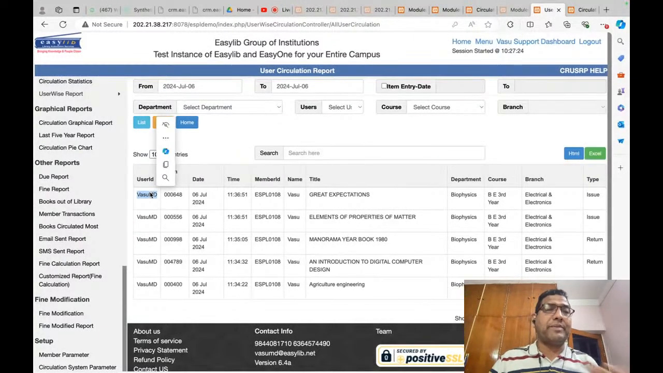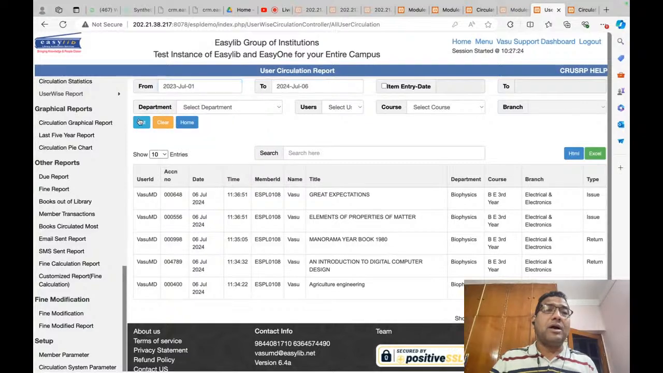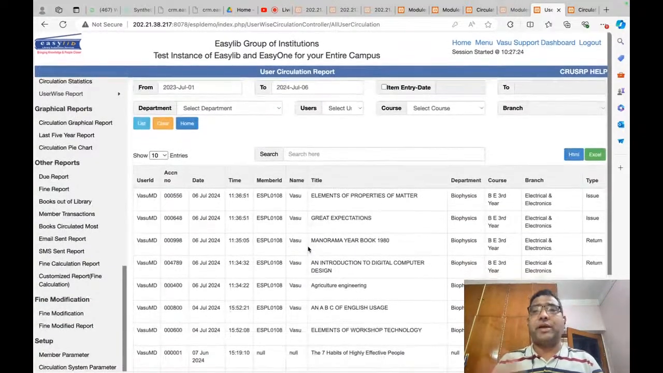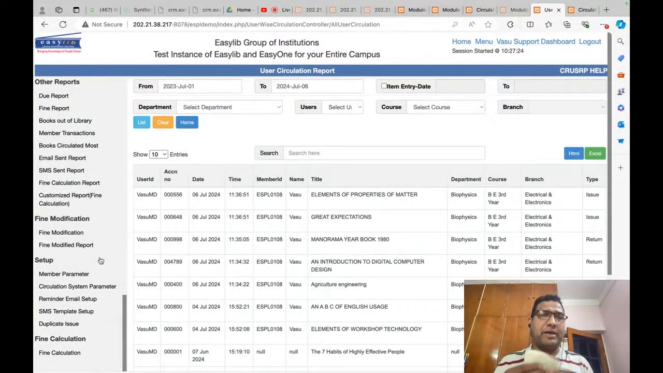Say for example, Vasu MD, I had logged in, I issued 5 books today, all of them 5 are over here. If I want to know how many books this particular gentleman issued in the last so many days, no problem, you can get that list as well. Again, you can print it as HTML, Excel, all those features are available here. Okay, then